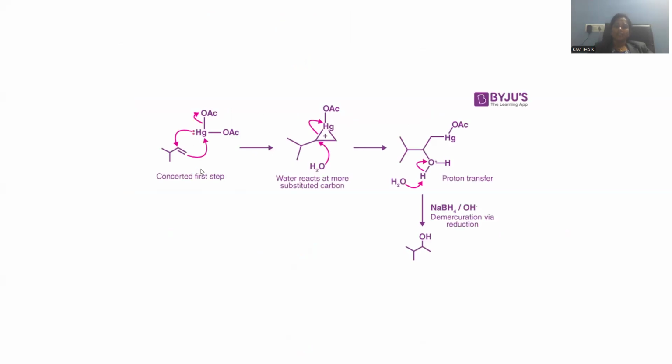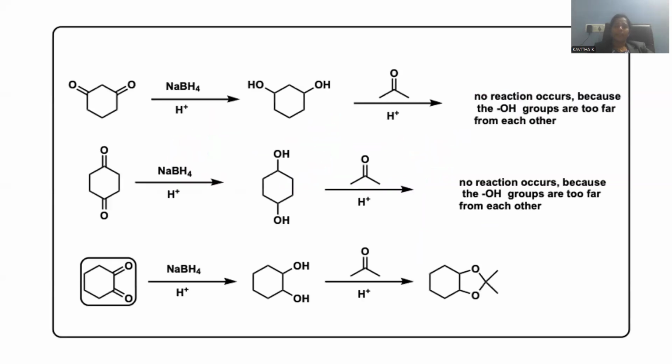And this is another, just now we saw, olefin will be treated with mercury acetate, giving rise to a mercury cyclic intermediate. Later on, one edge is added with hydroxyl, on the other edge we have mercury acetate, and sodium borohydride reduction gives rise to the hydroxyl compound. Here is another most important application we can say. This is the kind of application where the position of the functional groups matters. So the position should be in such a way.